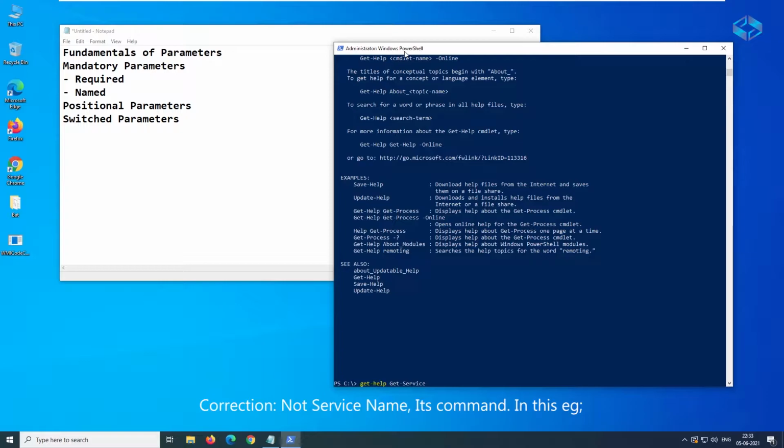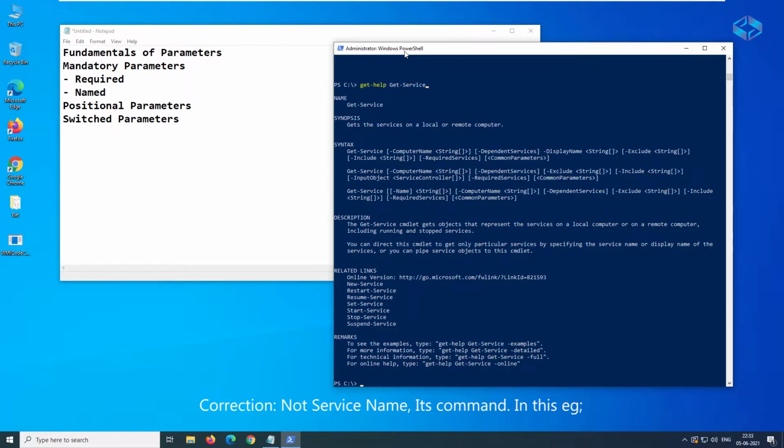Starting with Get-Help, type Get-Help, a space, the service name, and just press enter. You will get the complete details about this particular Get-Service command, what it will do and how we can use it.